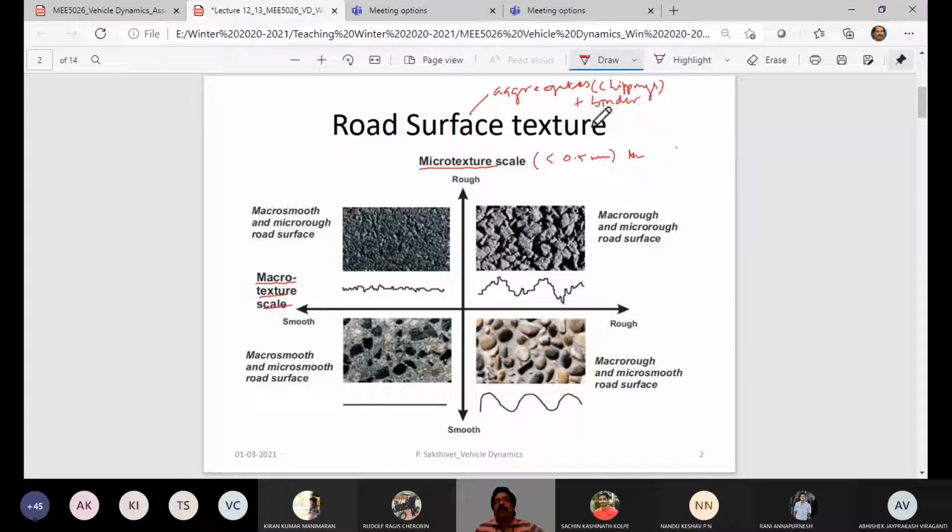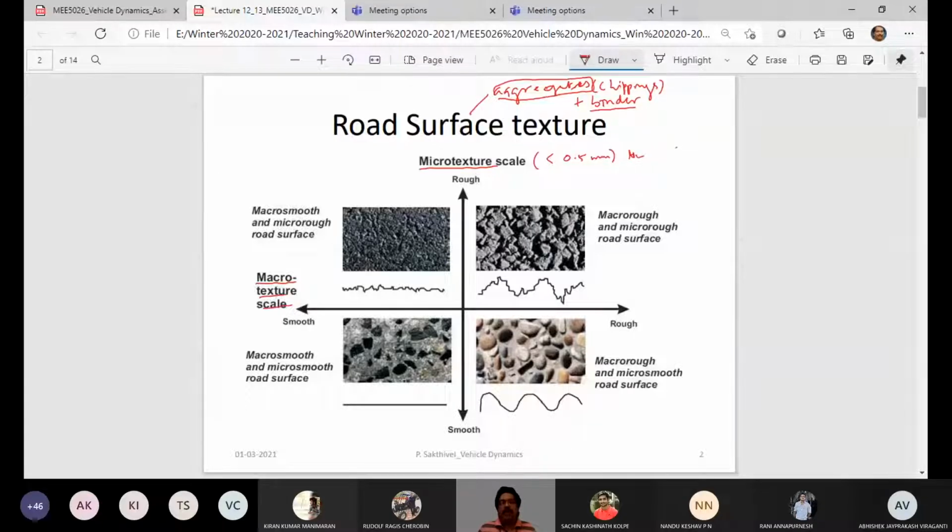So what is the binder for a concrete road? It will have small stones, sand, stones, all bound with cement, which is what a concrete road is. What is called an asphalt road? The same stones and sands are mixed with the binder called bitumen, that is tar. So that is what is called an asphalt road. So basically a road surface would have a lot of aggregates. Aggregates are the stones or sand. And the binder is the one which makes them bind together cohesively, and then you are able to lay it on the ground.